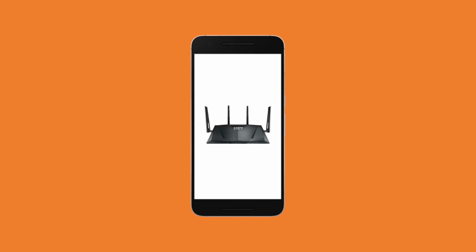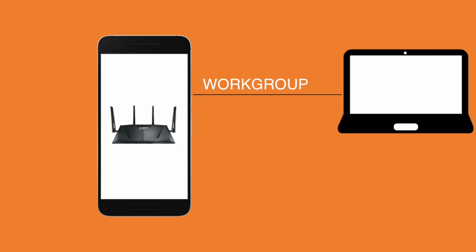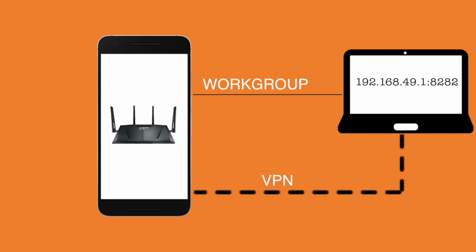The app called NetShare works smartly around these restrictions. It first creates a work group which takes the other device, let's say a computer, under the same network. Do note that as of now, the other device won't have access to the internet. Now, in order to share the internet, the app creates a virtual private network or a VPN from the Android phone, which you will have to connect from the other device, the computer in this instance. So once you enter the proxy settings on the computer, it will automatically redirect all the internet traffic through your device, thereby giving internet access.